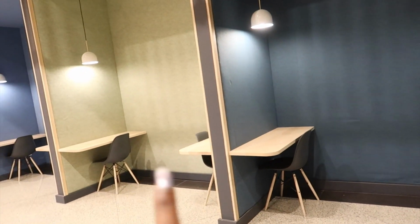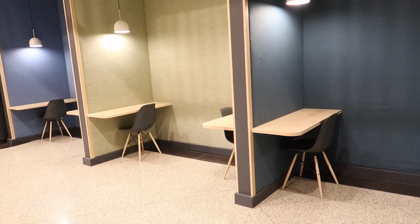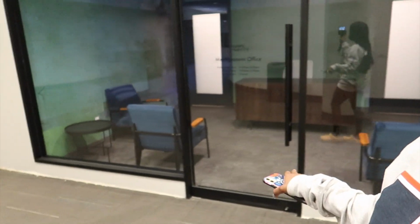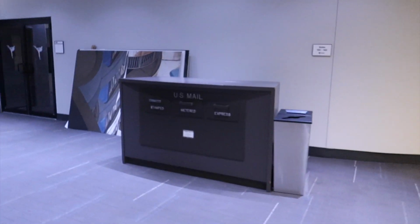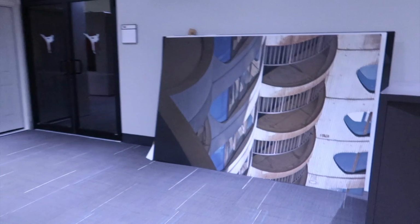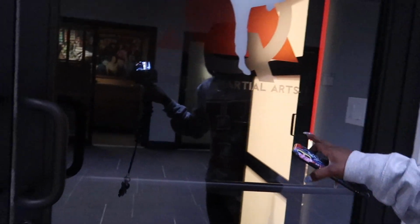if you ever needed a place to study outside of your room, or just do work or whatever, this is available too. And y'all, there's actually a school here too. It's just, y'all, there's so much in this dang apartment, it's ridiculous. This is the management office, and if you go around the corner, which I'm currently doing, there's literally a karate, I don't know what you call this, I don't know if it was martial arts, but it's a martial arts studio,